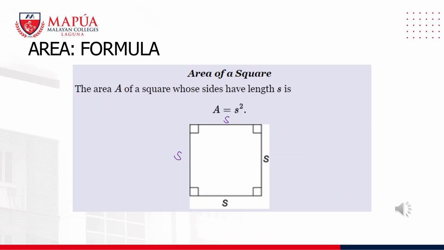Now let's talk about area. So, area of a square. The area of the square class is just coming from the basic formula. Area of a four-sided polygon is just length times the width. Okay? So when you speak of a square, the characteristic of the square class is that all sides are equal.